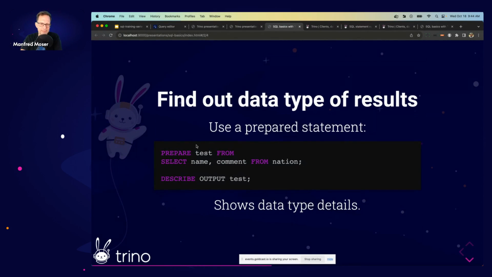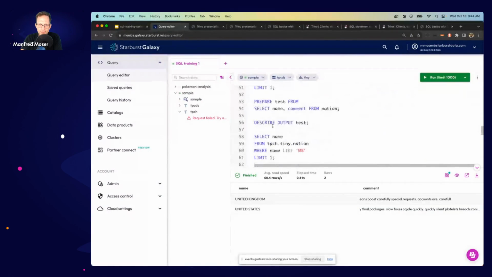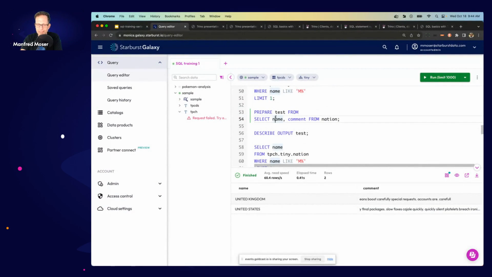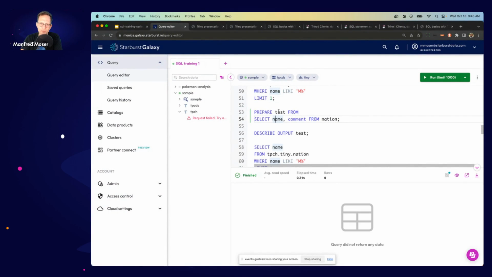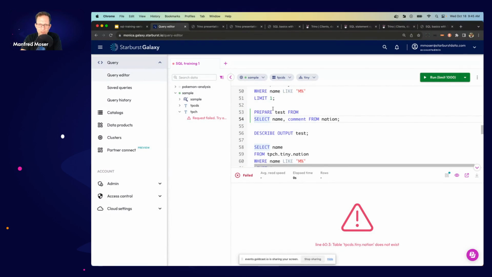There are different things you can do to find that out. So if you look at this here, how do you find out the data type of results? Well, you can do a prepared statement and then describe the output. So if I go prepare, I'm preparing a query. I call it test, and then I describe the output. Oh, why is this not happening? Oh, I have to go